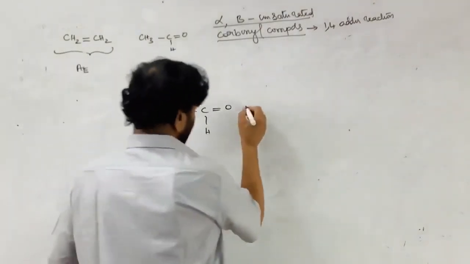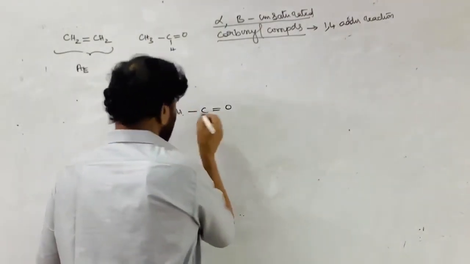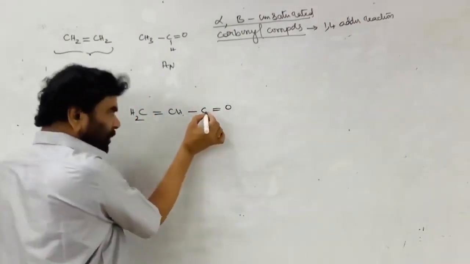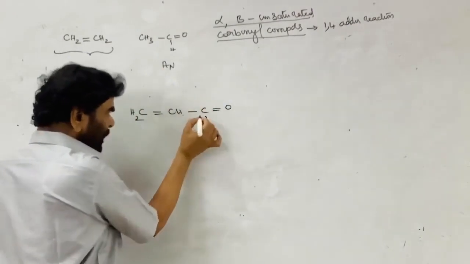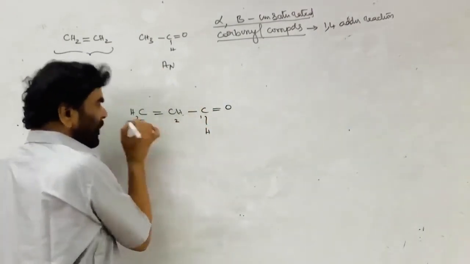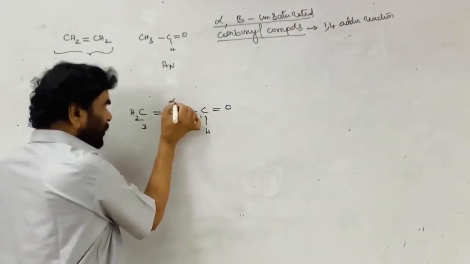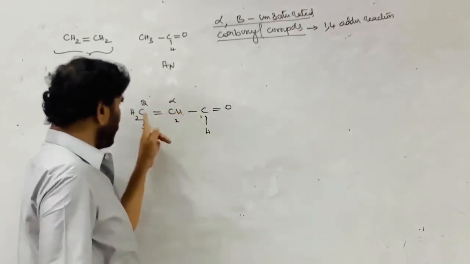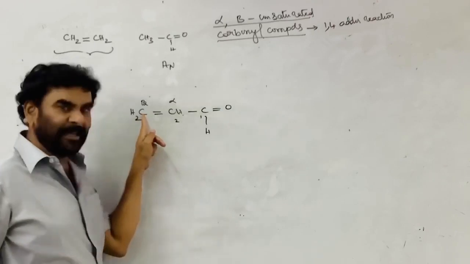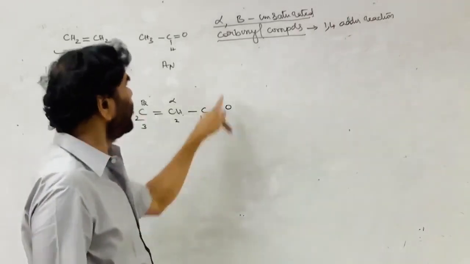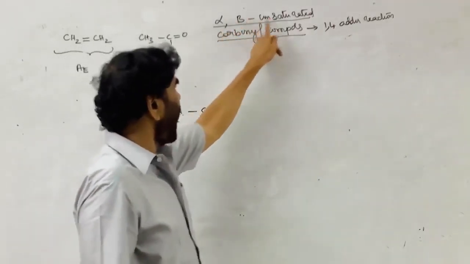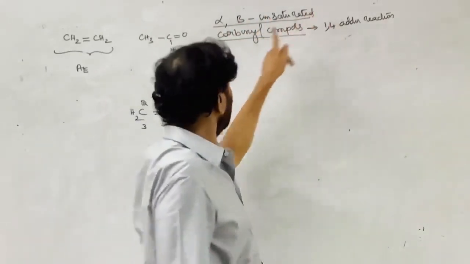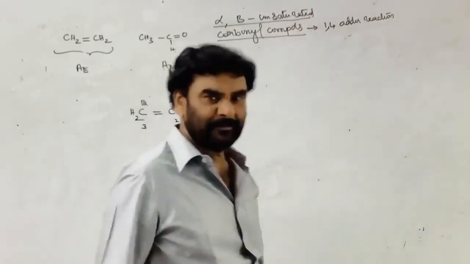Now there is a resonance conjugation. This is called the carbonyl compound. 1, this is 2, this is 3 for numbering. Now this is alpha, this is beta. See, a double bond is present between the alpha and beta carbon atoms of a carbonyl compound. Therefore, it is called an alpha beta unsaturated carbonyl compound.